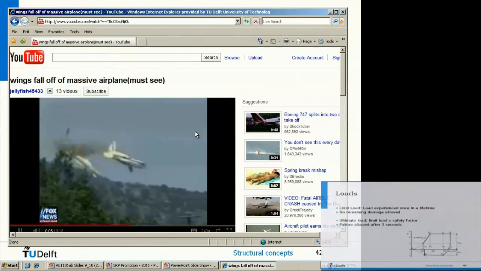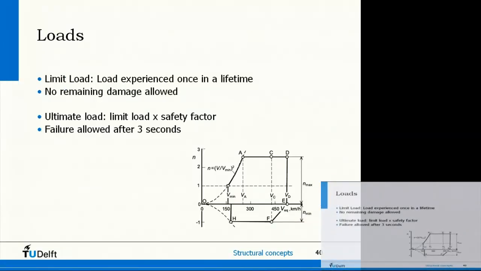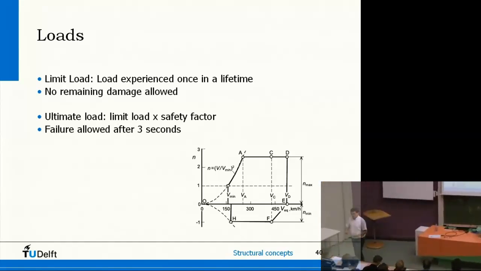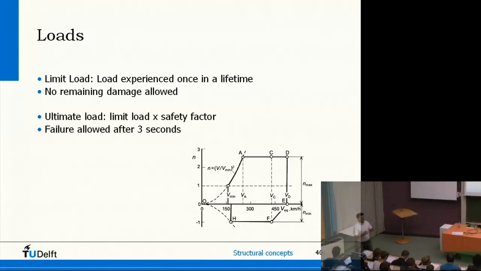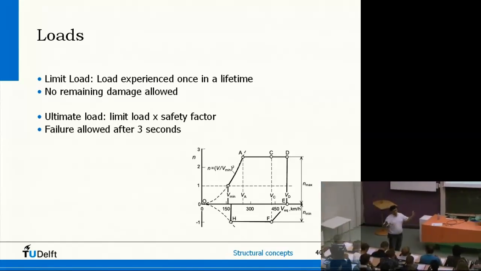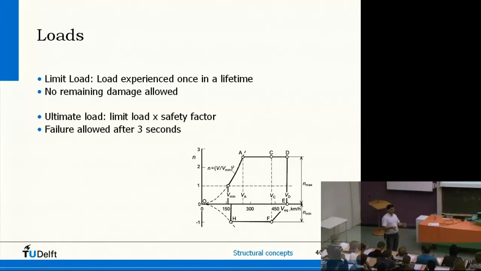What I said a few minutes before, every aircraft has this window, a flying window, to stay within. In that particular aircraft, we don't know why, but somewhere it went out of this window, and then you can see what happens. We have to design and create aircraft with certain limits. We cannot make everything possible. So there are always some limits. Otherwise, you have to make it too heavy.